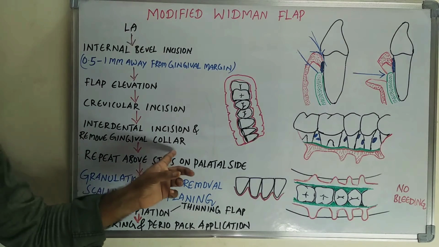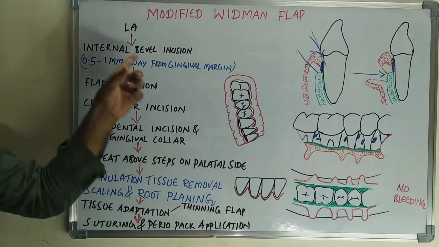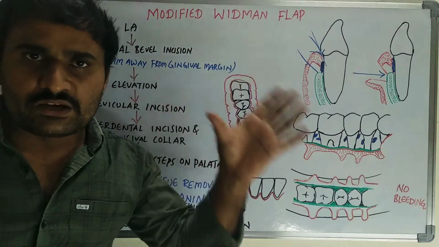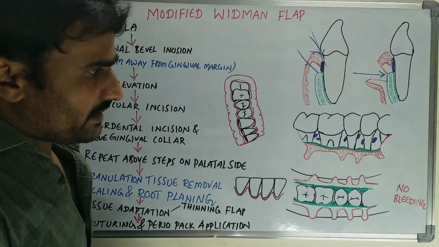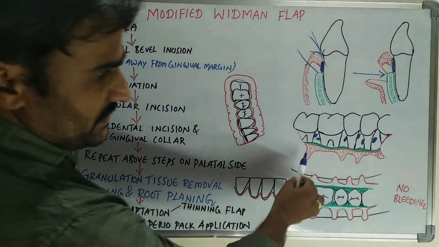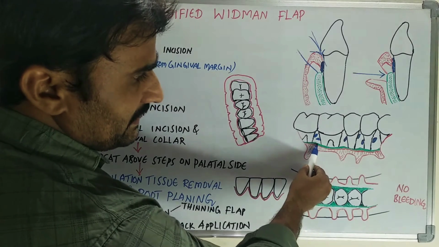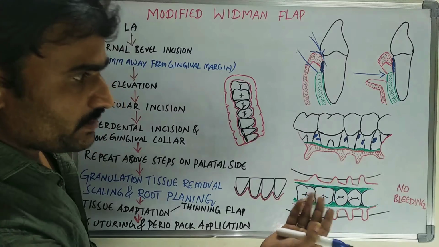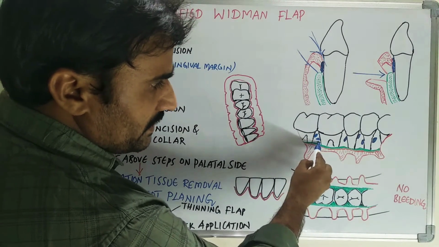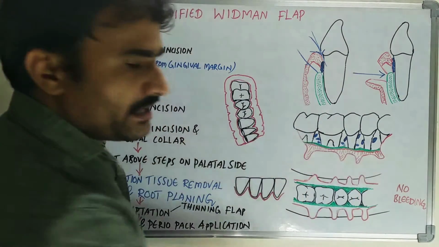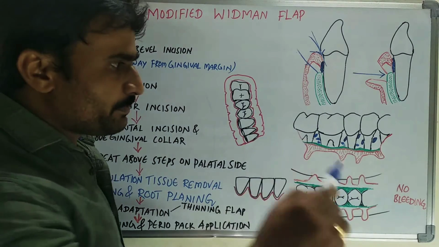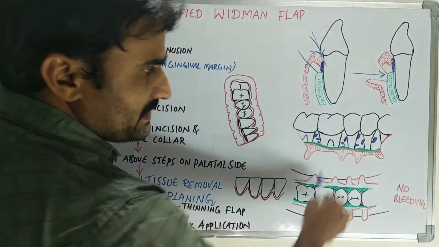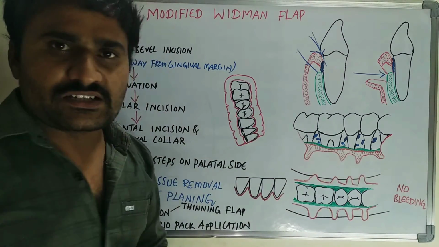So after removing the gingival collar on the buccal aspect, you have to repeat all these procedures on the lingual aspect. Simple. On the lingual or palatal aspect. You can see in this diagram, this red colored one is nothing but the flap elevated and the green colored one is the exposed bone. After flap elevation, you can see here, these blue colored dots are nothing but the granulation tissue or calculus, right? And due to the periodontal disease, there is some amount of bone loss also. Some roots are exposed or mild furcation involvement is also there,